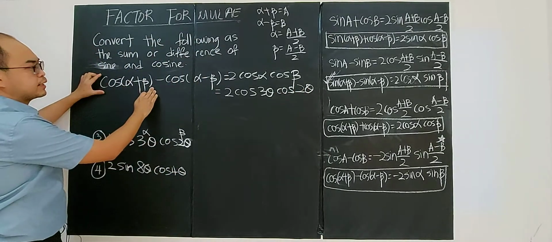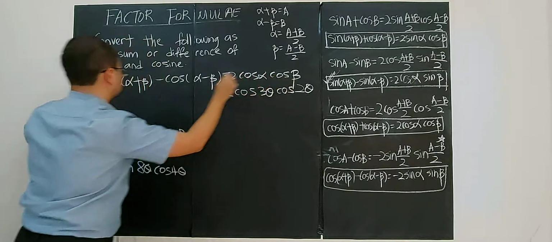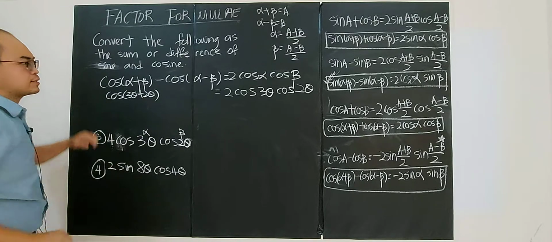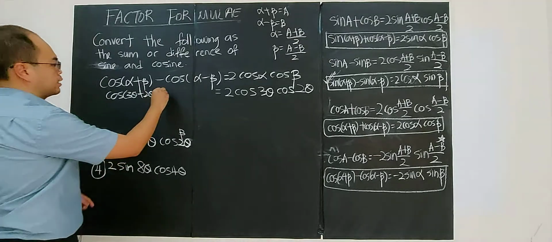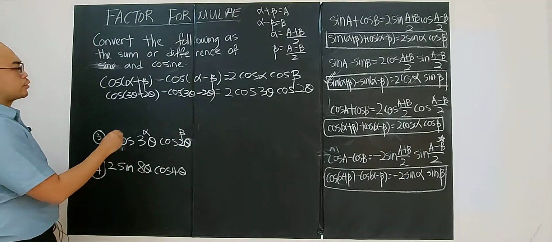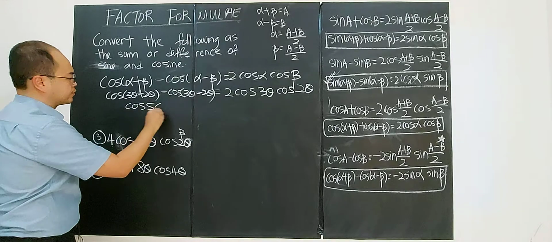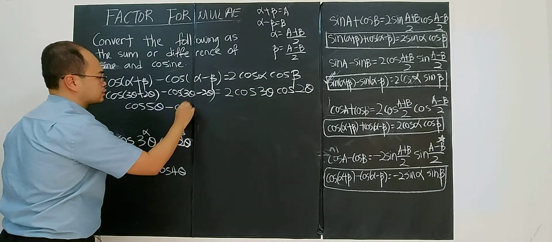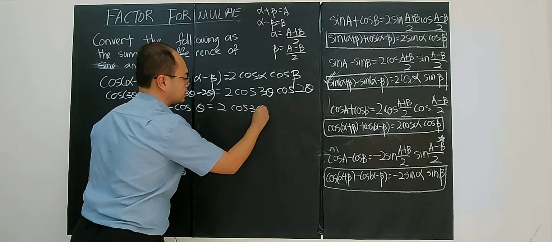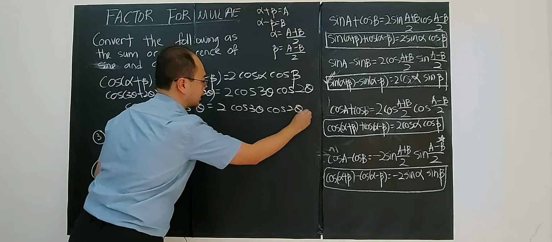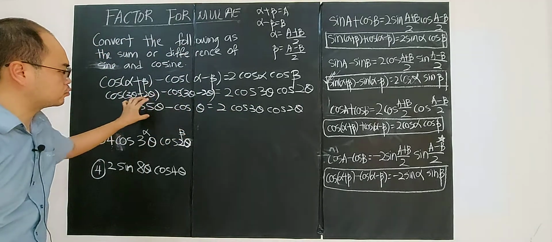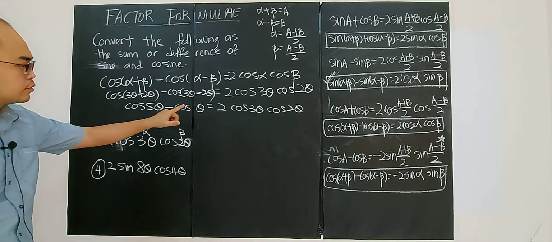So then alpha plus beta, 3 plus 2, so cos(3 theta plus 2 theta), alpha is this one, right? So minus cos(3 theta minus 2 theta). So you will produce cos 5 theta minus cos theta, and you will have 2 cos 3 theta cos 2 theta, right? You have finally converted a product form into a difference of 2 cosines, but then you see that